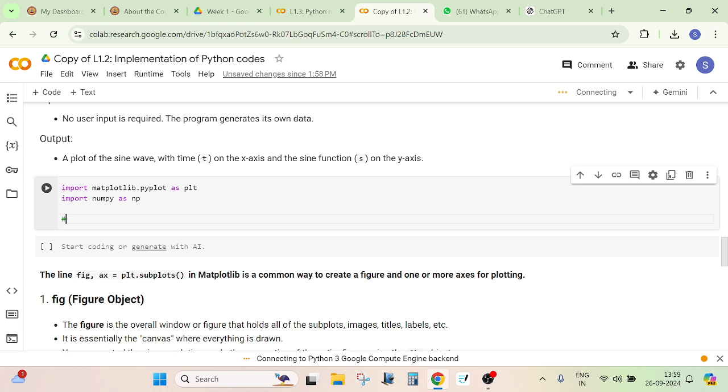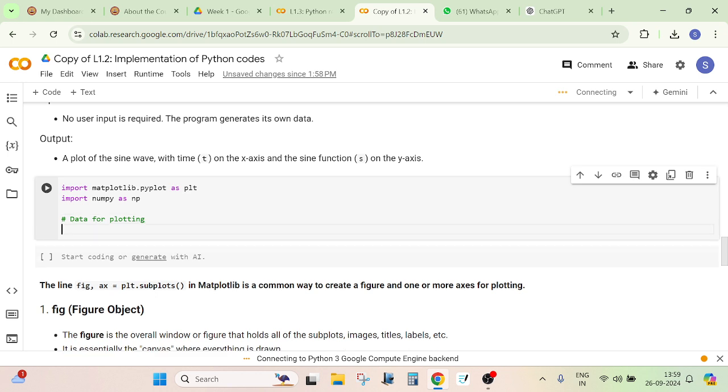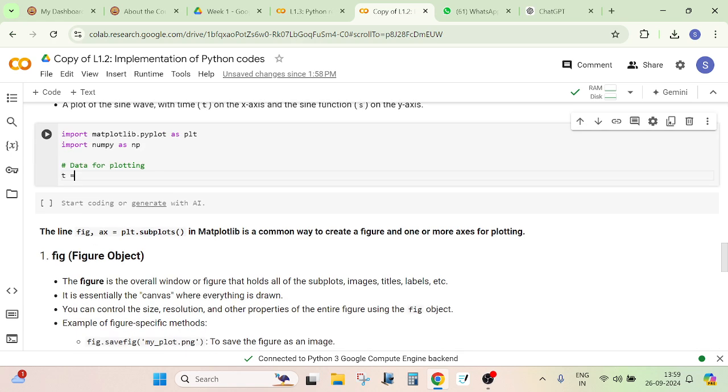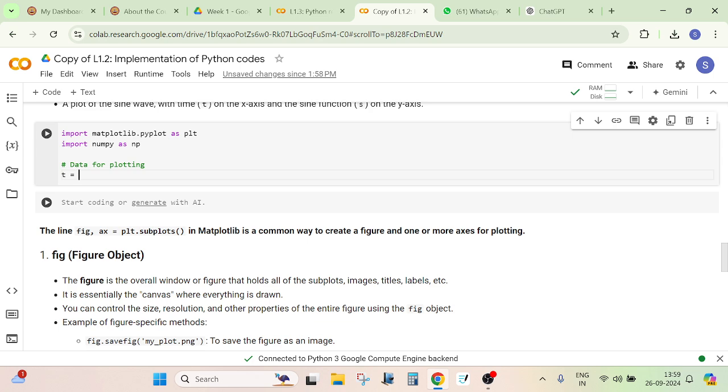Then for plotting the data, we have to generate the data. So what is the data? It is from 0 to 2 with a step size of 0.01. So we have to write np dot arange